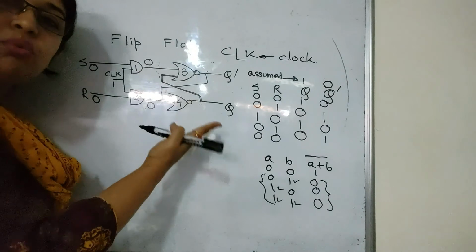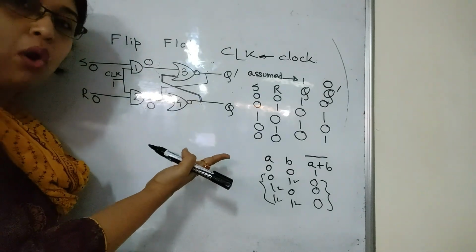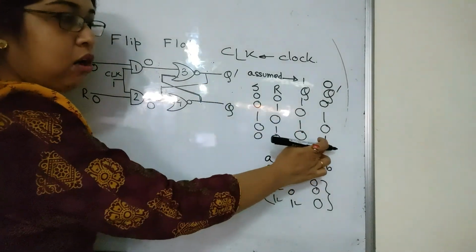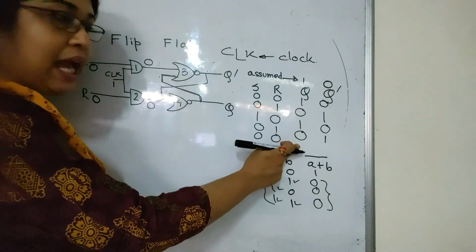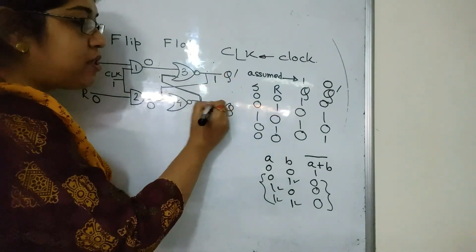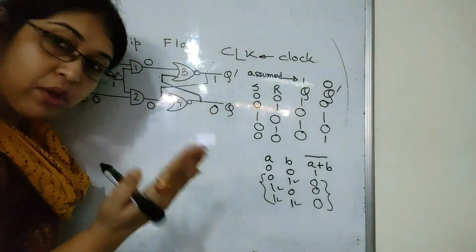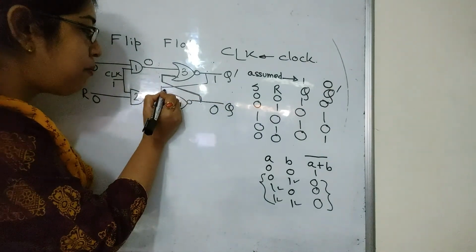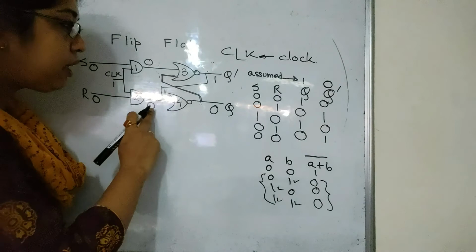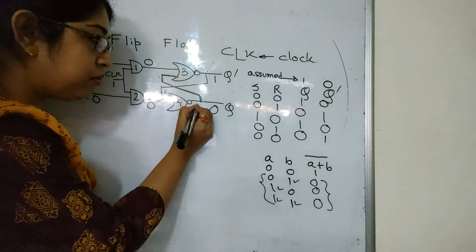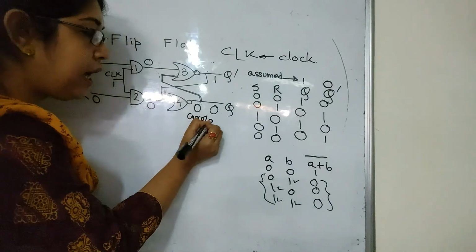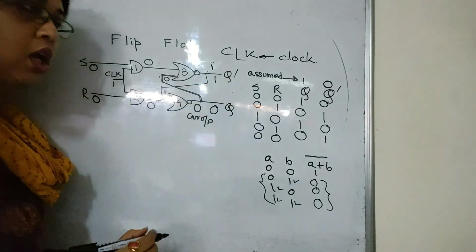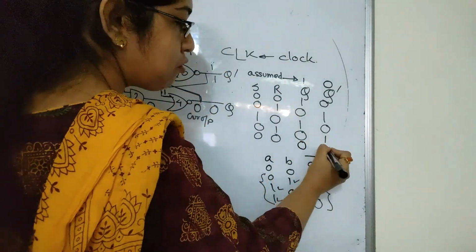So now we have to turn to the feedback lines. Since the input lines are all low, we have to turn to the feedback lines. In this case, we find that according to the output that we already had previously, Q dash is 1 and Q is 0. So we have to consider high inputs first. This 1 of Q dash is fed back into NOR gate number 4. So NOR gate number 4 gives you an output of 0, which is the current output. And this current output when fed into NOR gate number 3 gives you an output of 1. So Q remains 0 and Q dash remains 1.